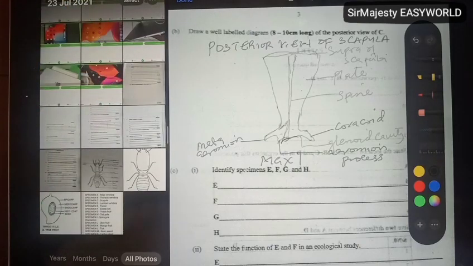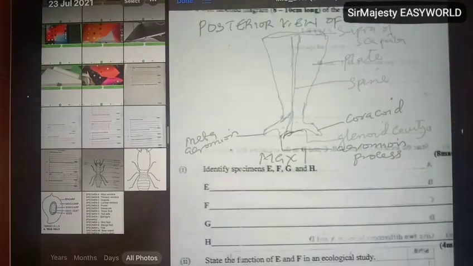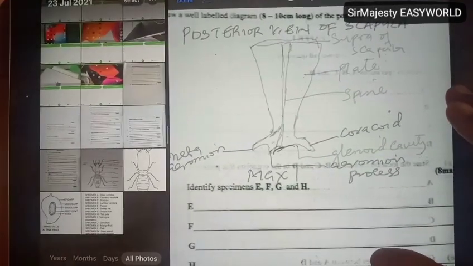It is just a necessary formality, and use your discretion. When you are making drawings of something that is smaller than the real specimen, the magnification is going to be less than 1. But when your drawing is bigger than the real object, your magnification is going to be more than 1. It's just asking you how many times you have magnified the drawing. So this is the structure of the scapula,